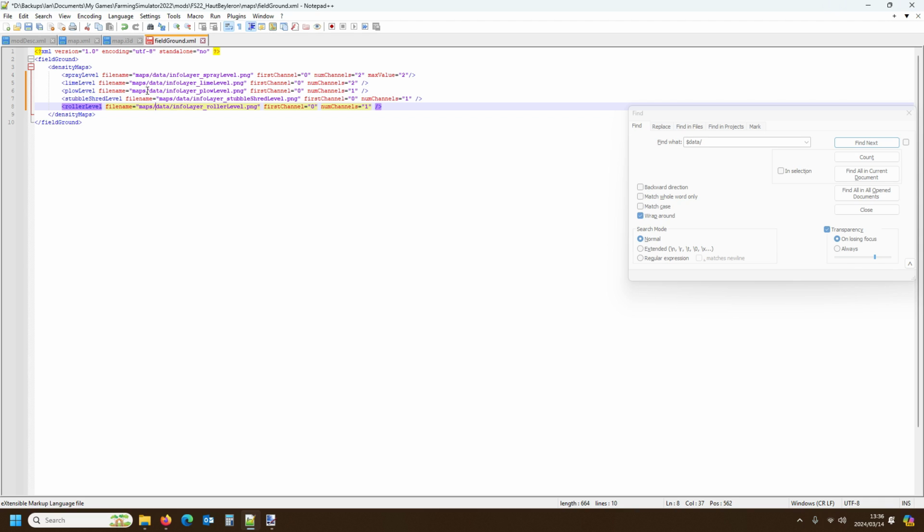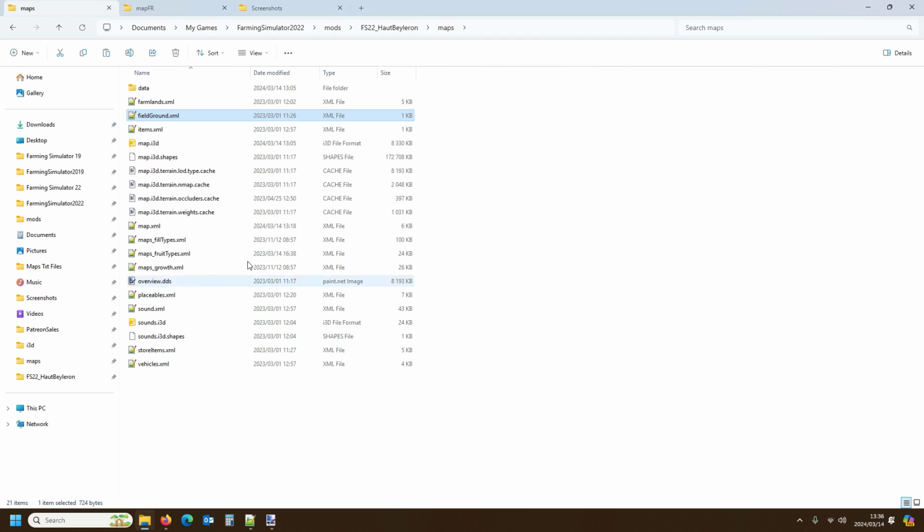Why I do that, guys, if I can explain. If you look at your map directory, we are now in mods. This is our map folder. So we've got one folder where our map I3D is in. So if you have another folder there, map FR, you are already 2 folders in from your base to get to the I3D. And then from there, you can now add all your stuff. But what happens is